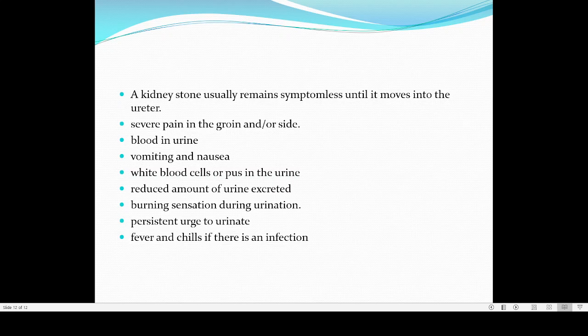Then we have to see one more topic, that is the hormonal regulation of